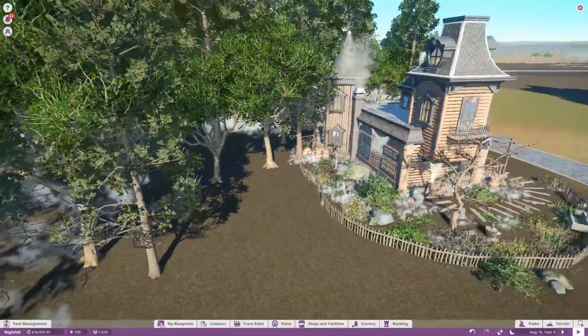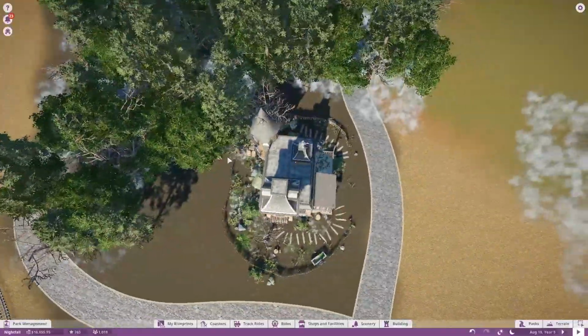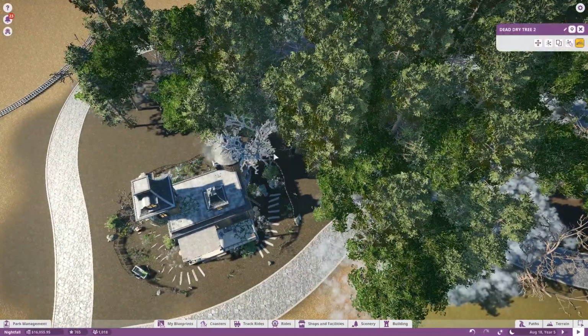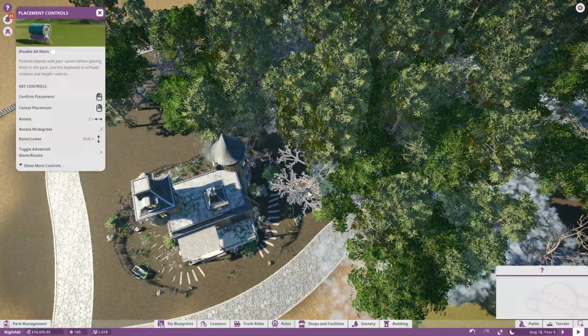You can see the roots, but that's okay. All right, sure. That works for me. It's breaking the fence, but that's okay. Again, he has to deal with that. Oh, this one, though. That's a big problem. That one's going to get in the way of a lot of things, so let's just move that one over